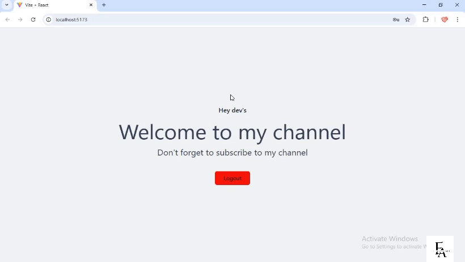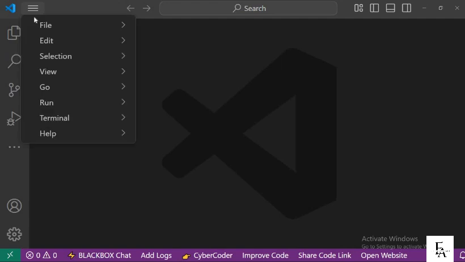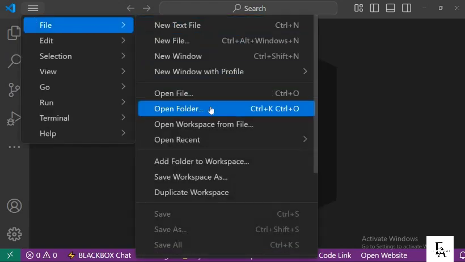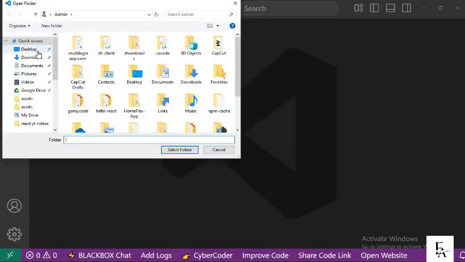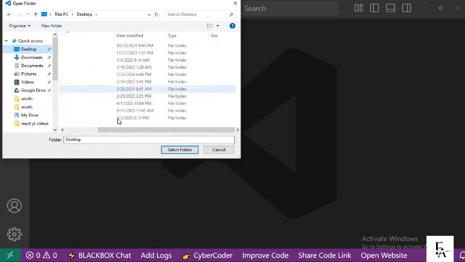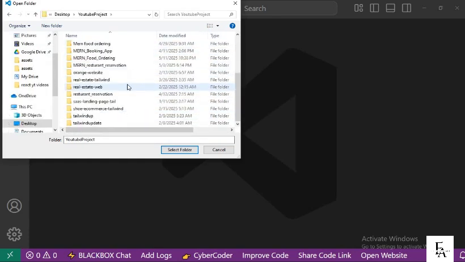Let's get started. I'm going to open the code editor of our choice. I'll be using VS Code. Then we'll click on File, click on Open Folder, and here you're going to select the folder where you want to create your project. So I have a folder here where I create all YouTube projects. So right here,